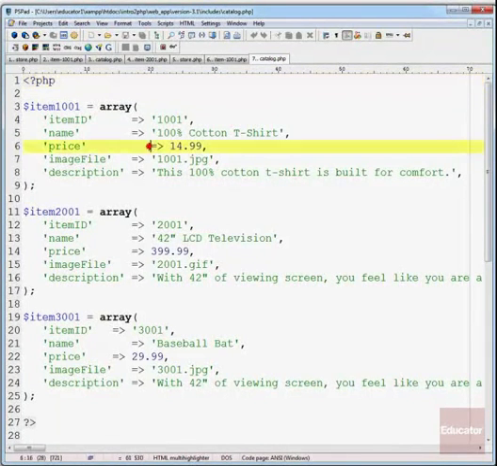Instead of having to access the different values in this array using numeric indexes, which don't have much semantic meaning, we associate each value with a particular key that has meaning. So we're associating the item ID with a key named item ID. We're associating the name of the item with the name key, and so forth. We have price, image file, and description as the other keys that we're going to use in each of these different arrays. And so that makes our code a little bit easier to read,